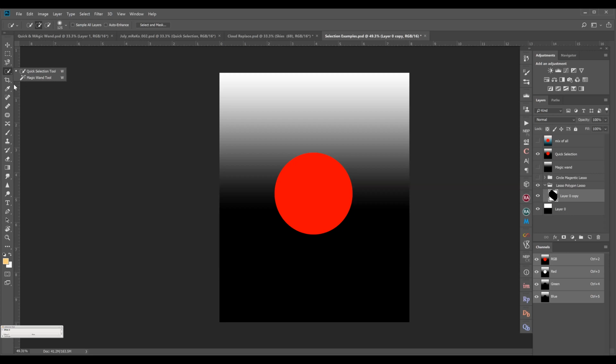So this is how these tools are designed for. For example, if I want to do a selection of the brightest area in this, this is a gradient where you have a gradual separation between whites to black. So if you see, the color of whites are diminishing from top till mid. So somewhere here you can say it is 50% gray, and then 40, 30, 20, 10, and this is white.